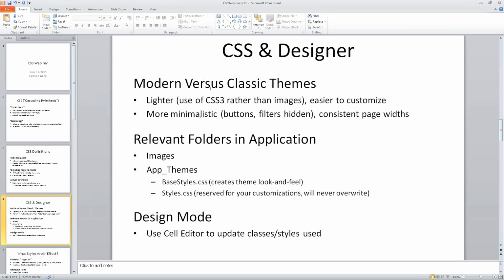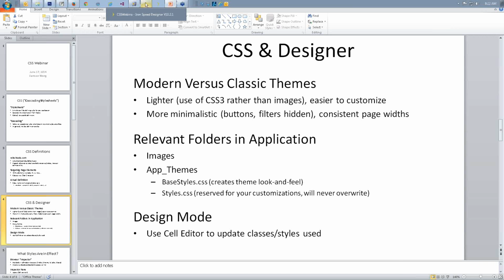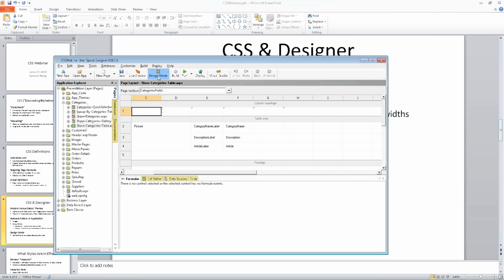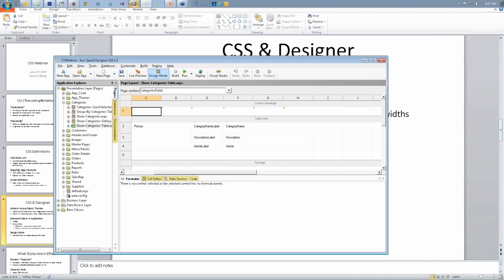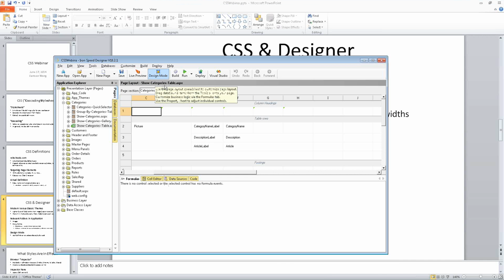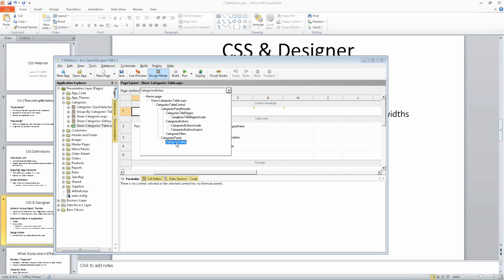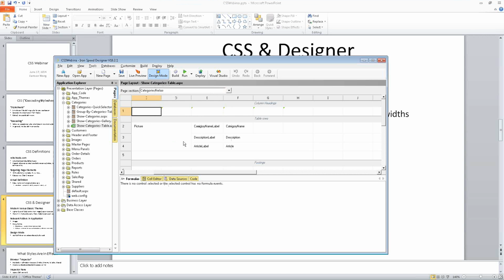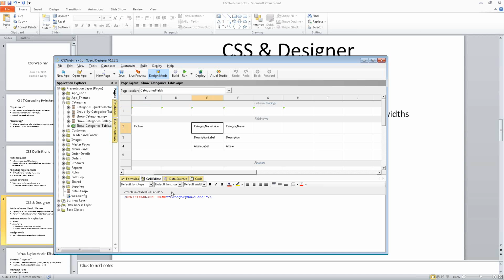I like that. Okay, so how do you actually add the CSS classes to your pages, right? So let's take a look at that. In Designer, there's something called a design mode, right? And basically, it's a table layout, a grid layout of all the elements of your page, right? So since I was on the Show Categories table page, this actually shows me the fields that are in that page, right? So I can click around, and if I look at the Cell Editor tab here, I can see